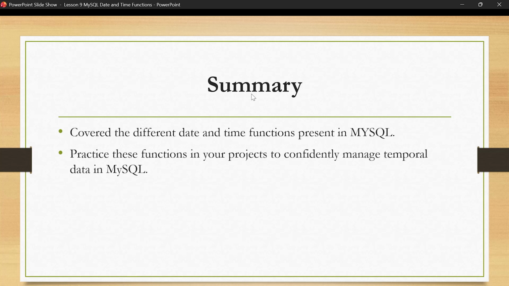Okay, so practice these functions in your projects or with a practice database to confidently manage temporal data in MySQL. Okay, so to get mastery you need to practice. In one go we cannot master anything. Okay,